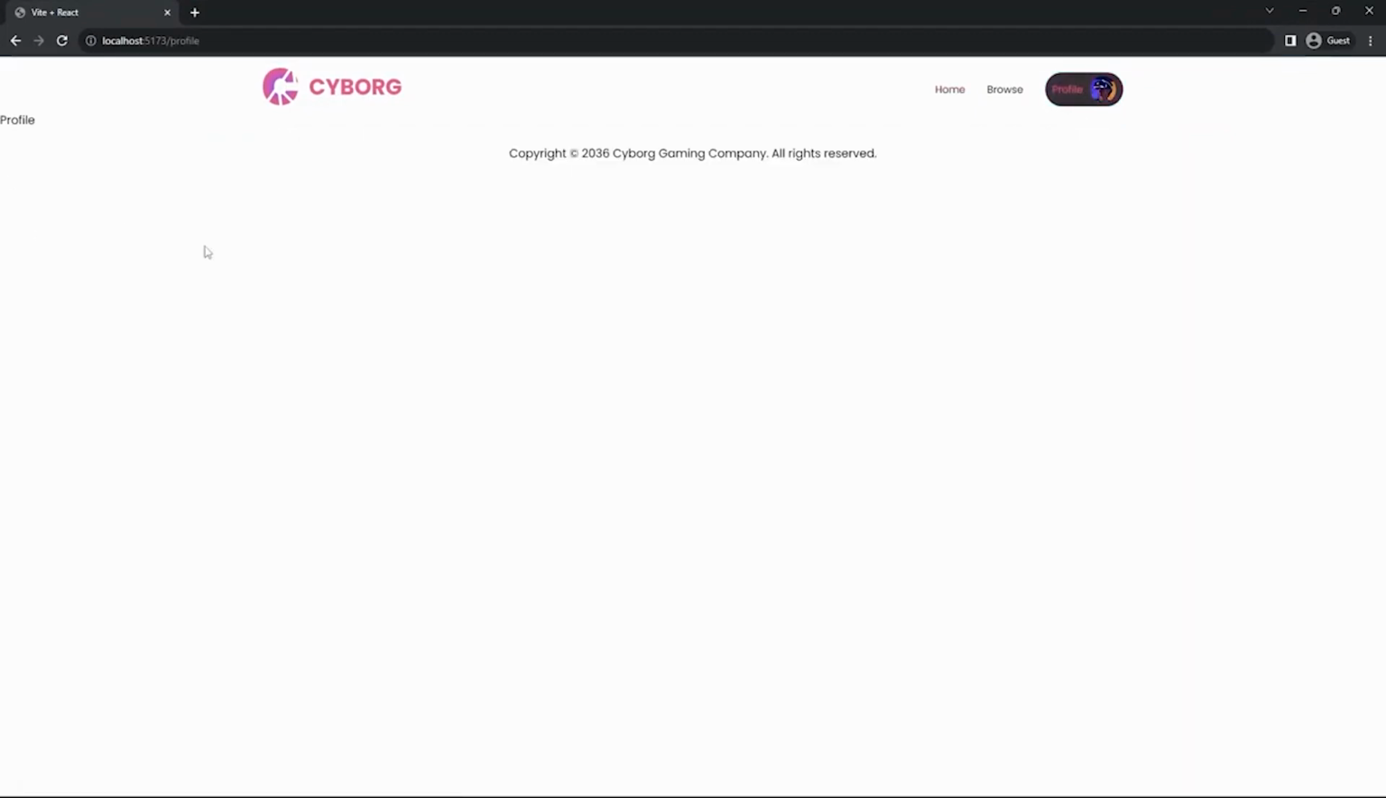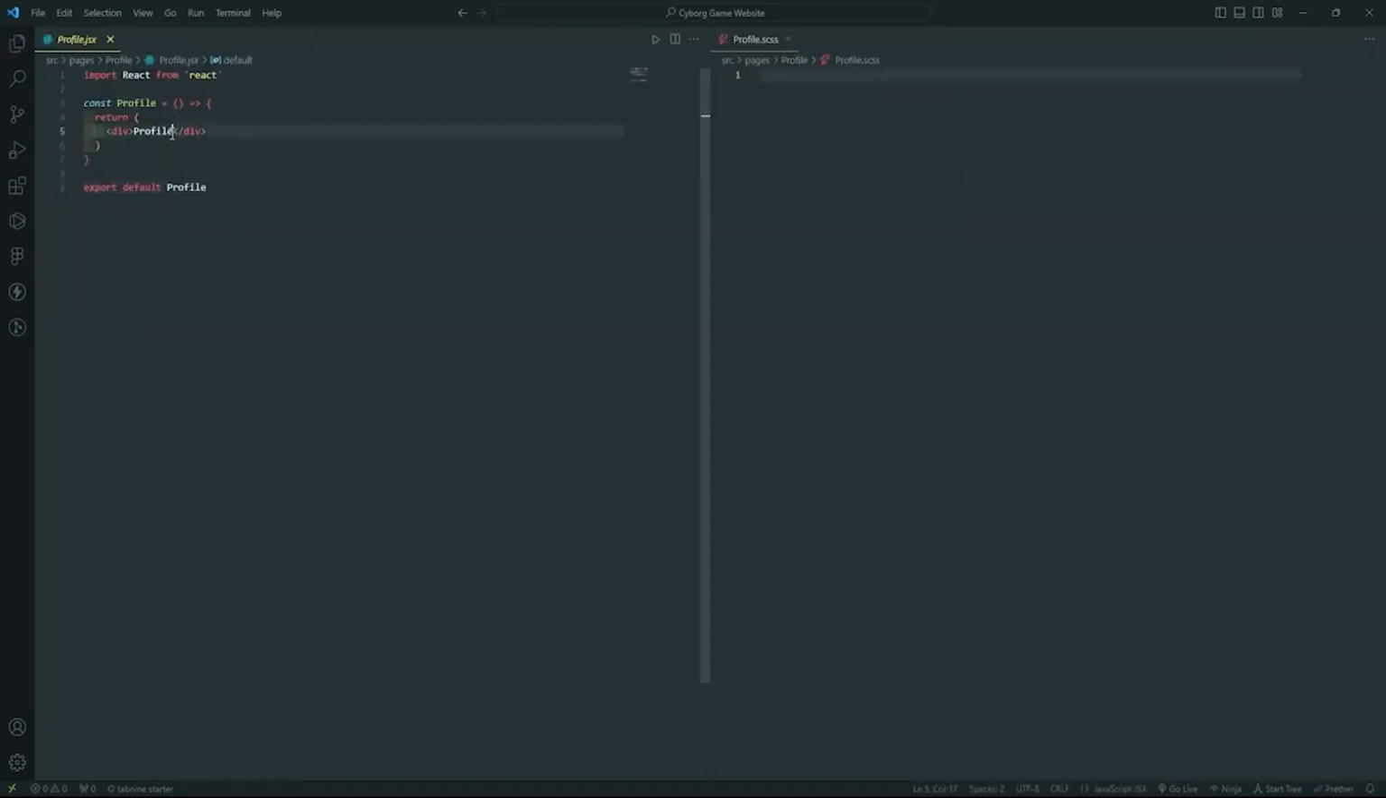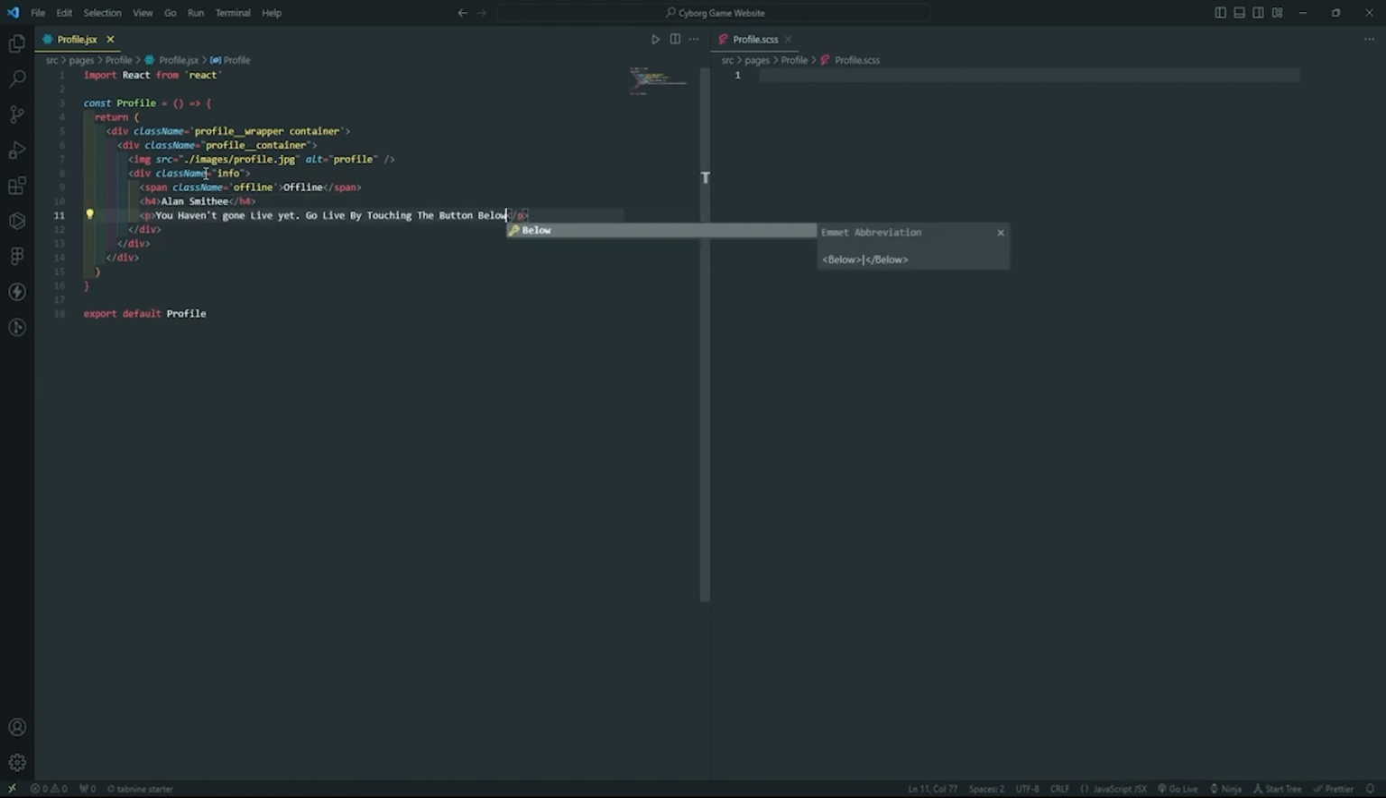So one last thing we have is profile. Now close this component folder and this browse and go to profile. Inside this profile, just remove this, and here we have a class name of profile, a wrapper, and a container. And inside this profile container, the first thing is image profile.jpg, and here profile. After this a div for information, span, and its class name is offline, and the next thing is heading Alan Smith, and after this a paragraph, write a paragraph here, and next anchor tag, and here we have